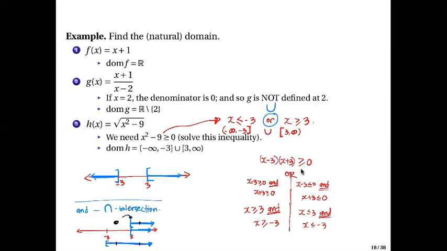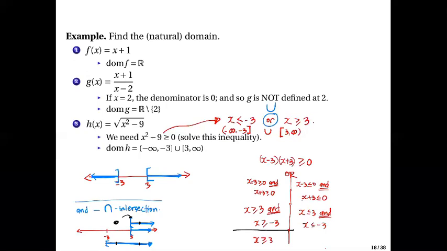That's why on this side, you only get x greater than or equal to 3 as a solution of this condition: x minus 3 greater than or equal to 0 and x plus 3 greater than or equal to 0. If you do this,